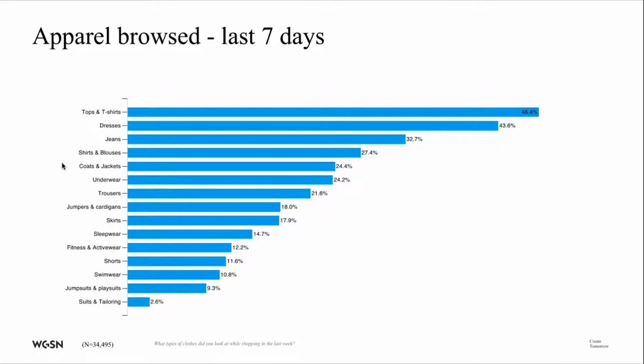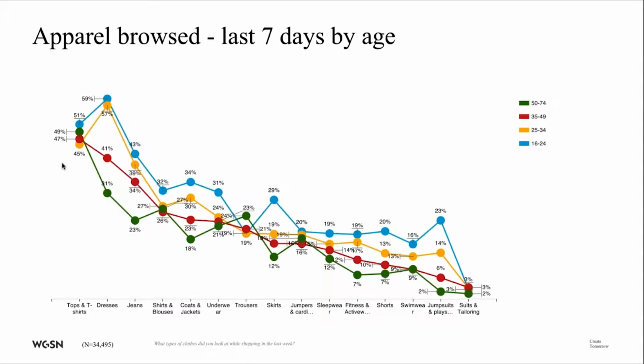So here we can see shirts and blouses are the fourth most browsed category, which is telling me really that they're still not going away. I'm sure a couple of years ago, shirts and blouses would have appeared further down that list. Moving on, this data will also help you